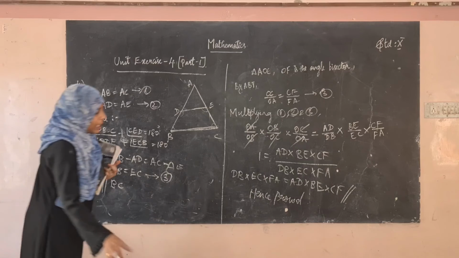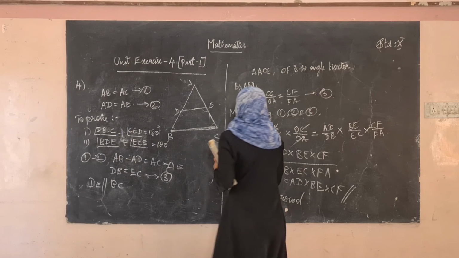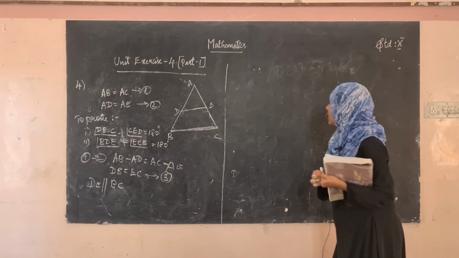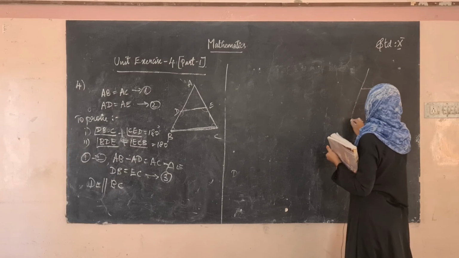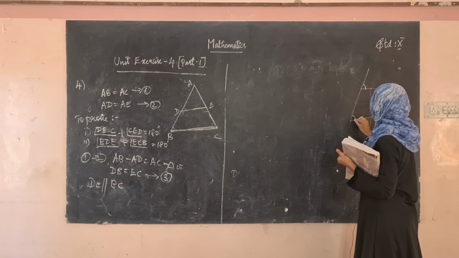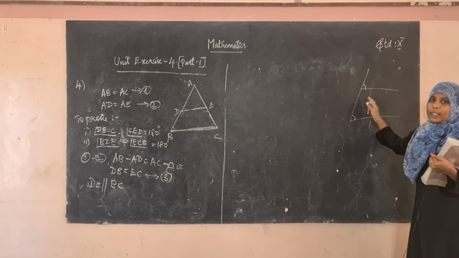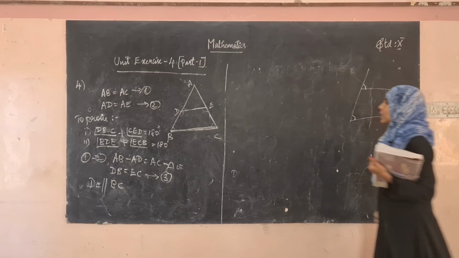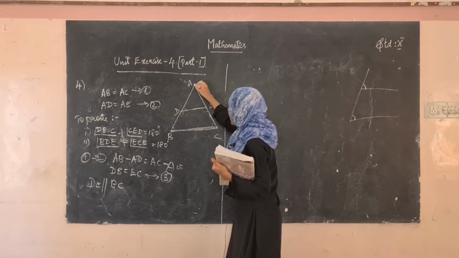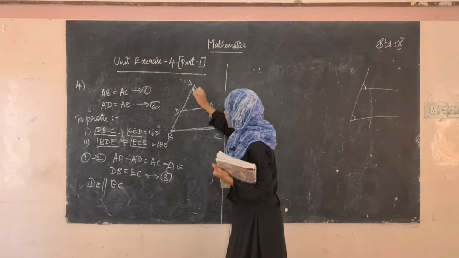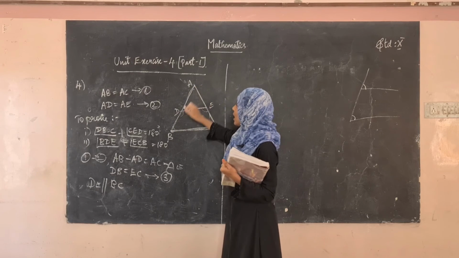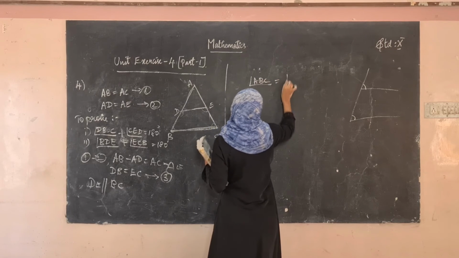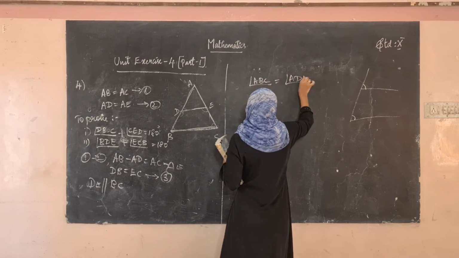Now we are going to take the concept of corresponding angles. See here, we know that these two line angles are corresponding angles. So from this we can take that these two angles are same, corresponding angles. Similarly, see here, take this line. So from this line we can say that angle ABC is equal to angle ADE.